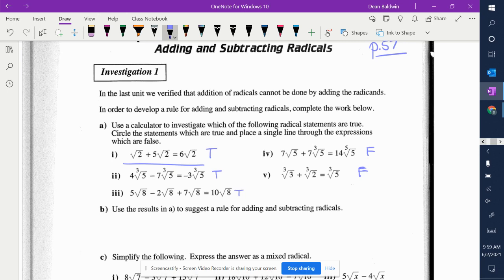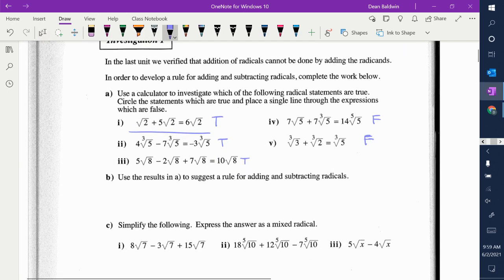That is right. Yes, so if the radicands are the same, and the index numbers are the same, you can add and subtract them. Here, it's not true because even though the index numbers are the same, the radicands are different. And here, the index numbers are different, so you cannot combine them. Okay? So to add and subtract radicals,